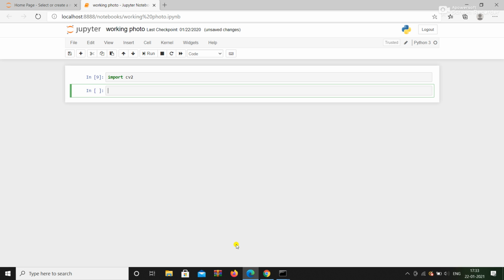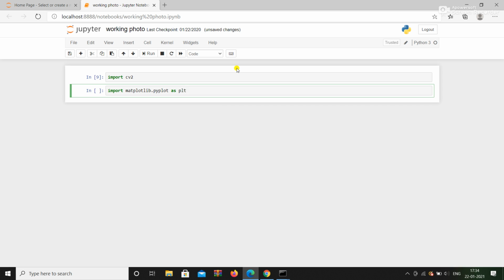Now import matplotlib.pyplot as plt. Why do I write cv2 or plt? Because you know that a programmer is very lazy. To avoid writing matplotlib again and again, we can use the shortcut plt, and the same for OpenCV.